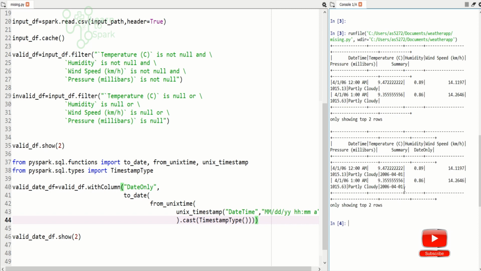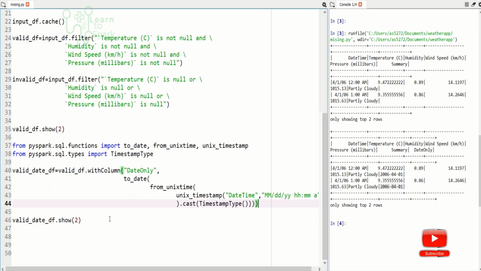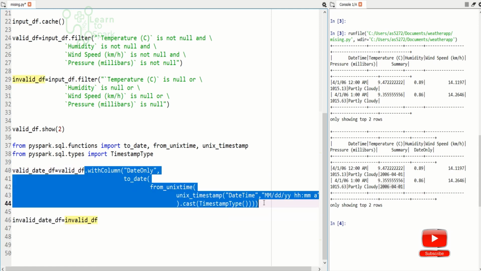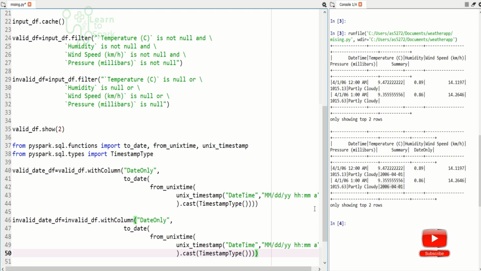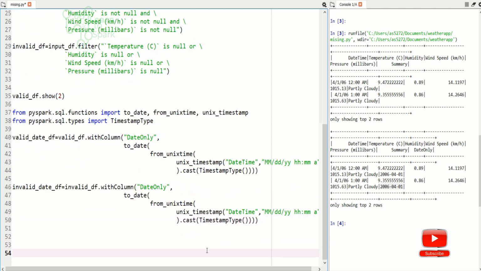So now you can see here, the date only column has been generated with the format that we need, YYYY, MM and DD. Same way we will do it for invalid DF as well. I will remove the show command since it is not needed. So now we are done with generating the date only column.